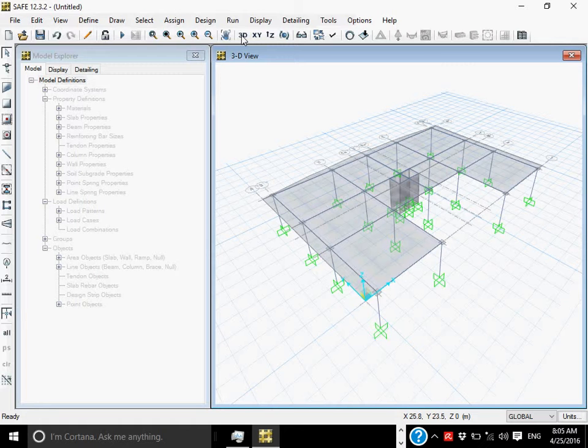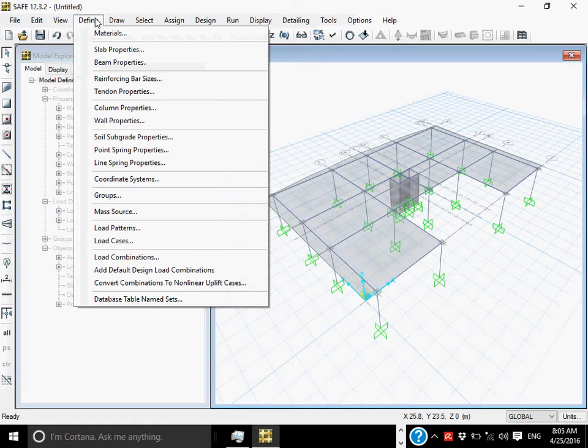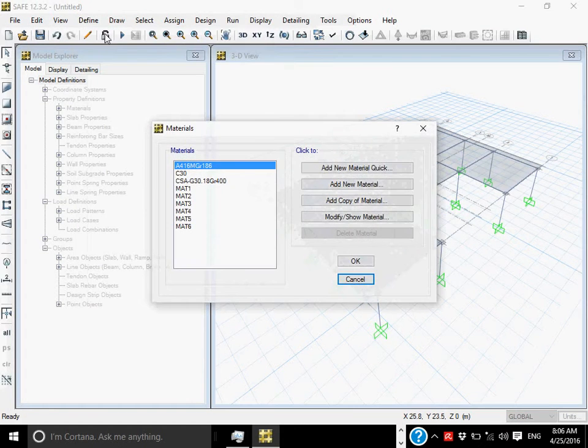Now, do you want me to explain how to make a new model like this, or do you want to use it the same? For example, this is the file which we will work on. Now let's see what the various steps are. The steps are similar to those of SAP. The first step is to define materials. Let's see whether our materials are there or we have to define them.